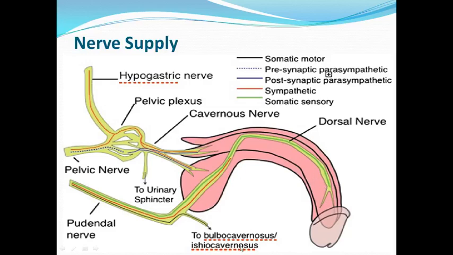And the two muscles which we already discussed, the bulbocavernosus and the ischiocavernosus, will be supplied by a branch of the pudendal nerve. So the muscular branches of the penis are supplied by the perineal branch of the pudendal nerve. Now the autonomic nerves will be derived from the pelvic plexus, via the prostatic plexus, as well as from the pudendal nerve.